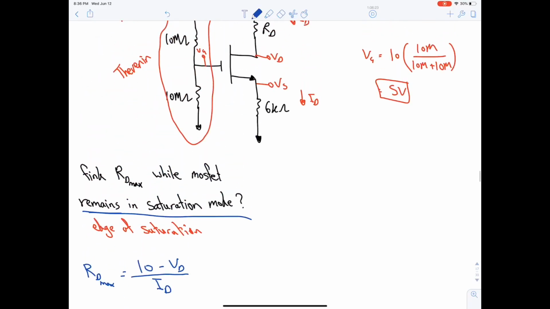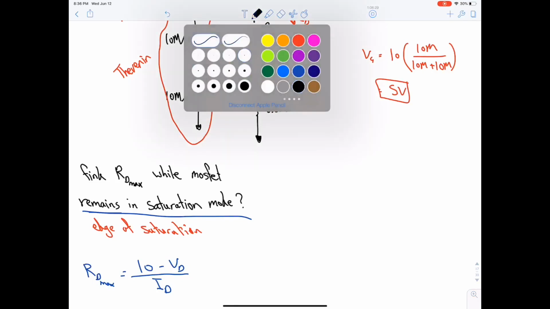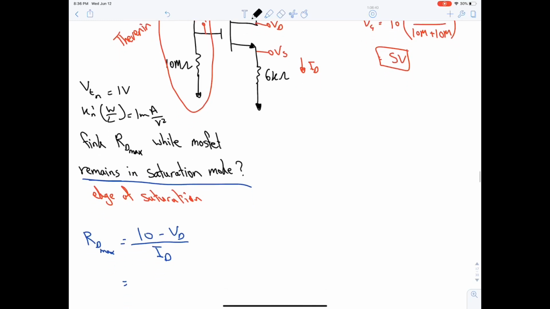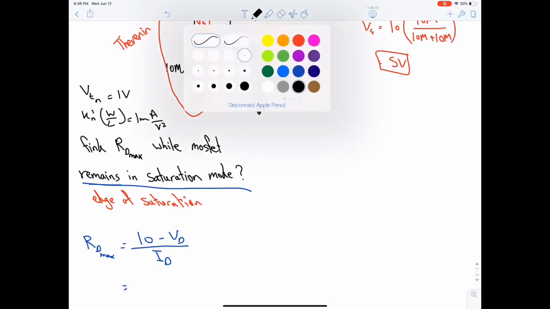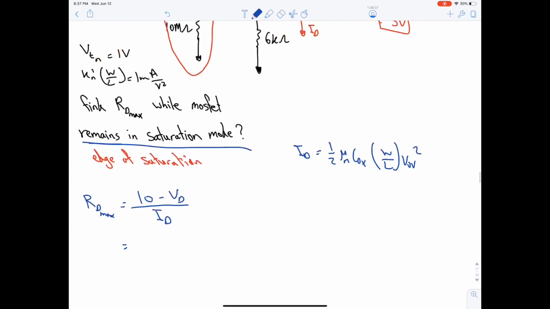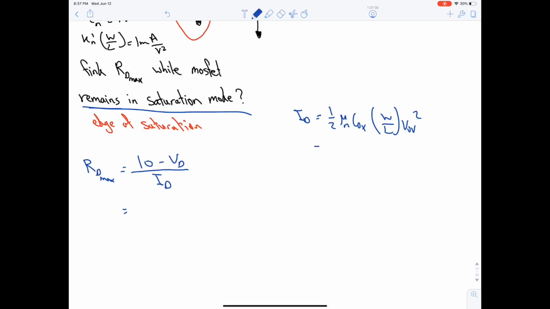Now, no given numbers, no nothing. Now we have VT. VT is given, VTN is 1 volt, and Kn prime W over L is 1 milliampere per volt squared. Okay, so we need to find VD and ID. VD we can calculate through the ID. It will be half mu n COX W over L VOV squared. ID is unknown, half 1 milli